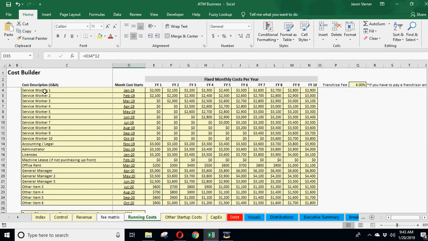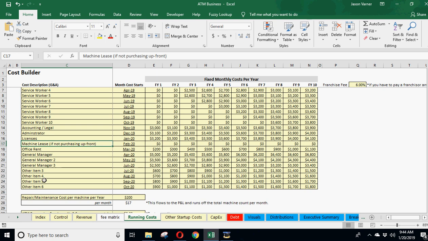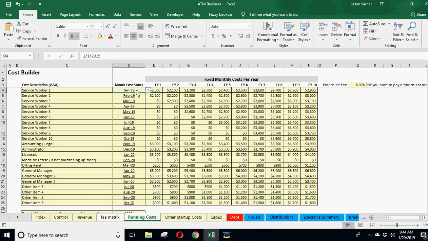Next is running costs. This is standard. It's mainly for general administrative costs. So you've got just whatever it takes to run the business: legal, administrative, service workers, rent, general managers. If you're leasing machines and not buying them, you could account for that here, and any other regular monthly expenses. You can pick the month that it starts, and then based on that, it's going to flow through to the P&L, and this will be the monthly amount in each year. So you can change that over time,